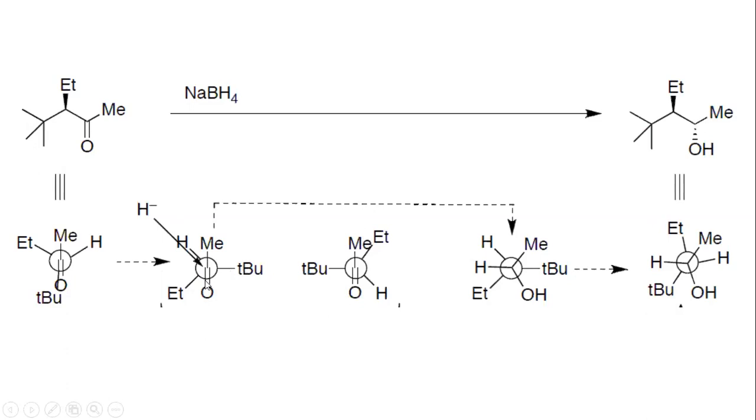Then we have two substituents on the rare carbon. One is ethyl, another is hydrogen. Now hydrogen is written here and ethyl is written here. Why is hydrogen written here? The incoming nucleophile should approach from the side of the hydrogen and also makes 180 degrees and also makes 107 degrees with the carbonyl group.